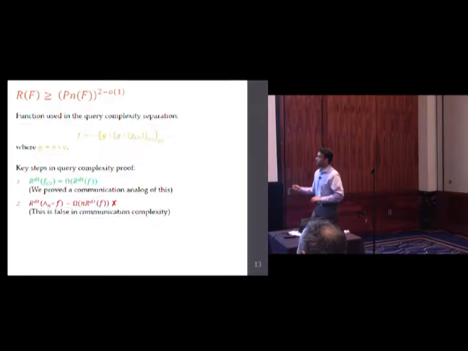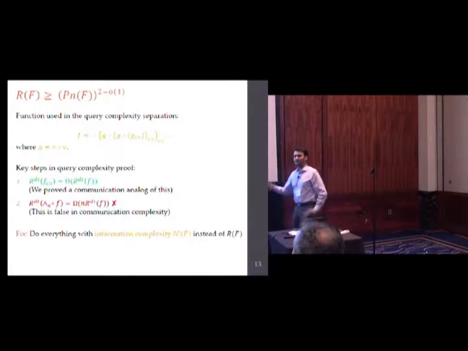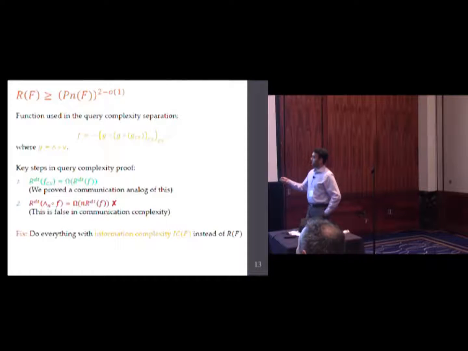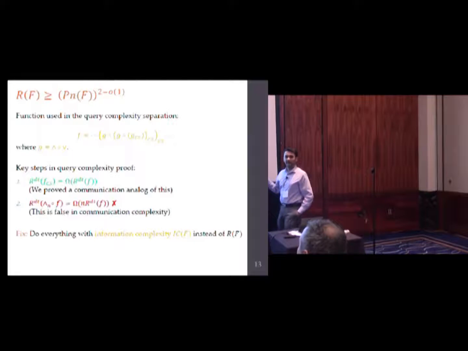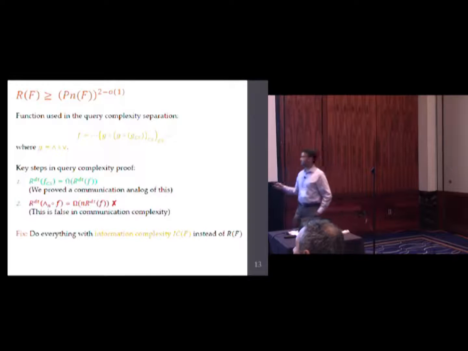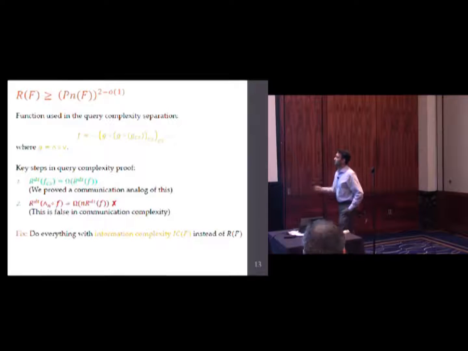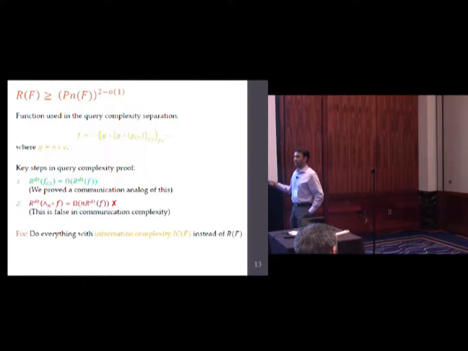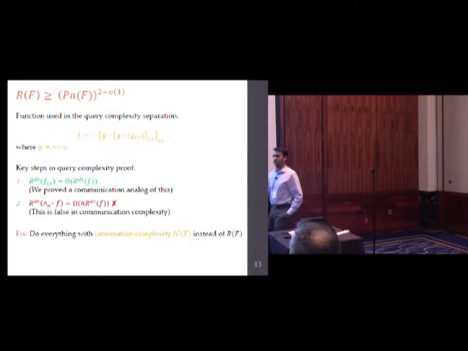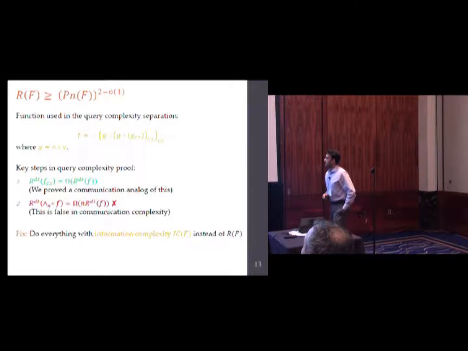And there's a fix. And the way we fix this is to do everything all over again, but now do it with information complexity instead of randomized communication complexity, because with information complexity, you can prove a statement something like this. And then this communication analog that I said we just proved with the very nice and friendly flowchart, you just go and do all of that all over again, but now do it with information complexity. So that works out, and you can see in our paper that we prove both statements together, the information complexity statement and the randomized communication complexity statement. And basically we mimic the exact query strategy. Everything works out as you expect it to. All right. And so that's basically an overview of how we prove the two results I claimed.